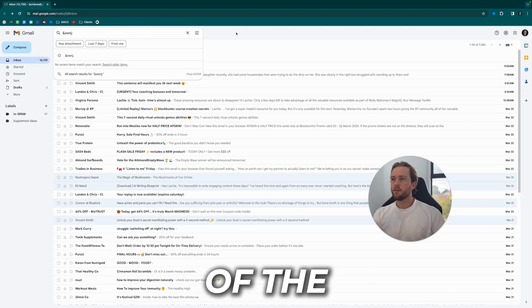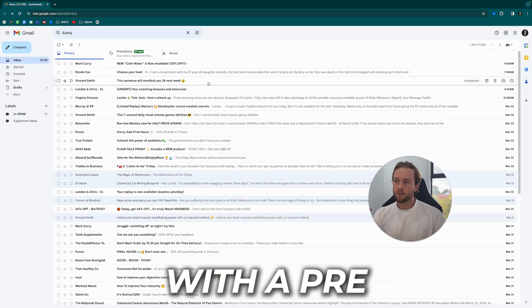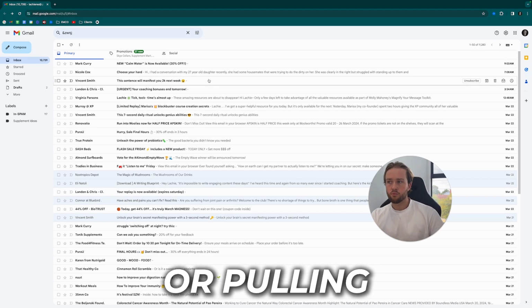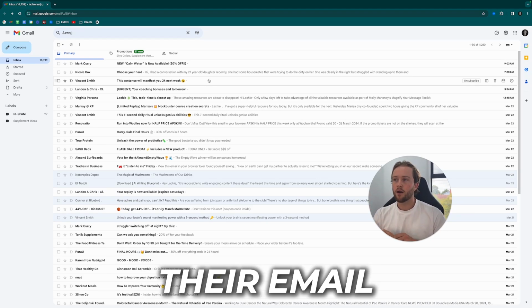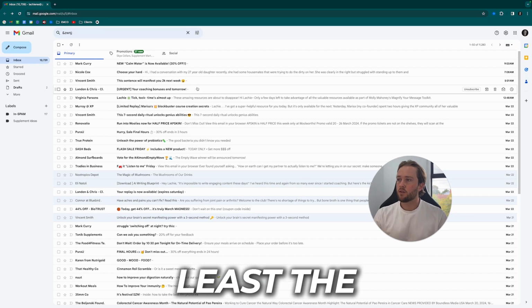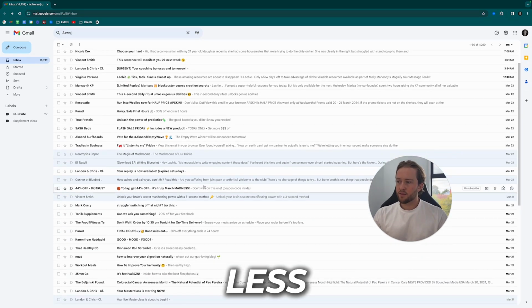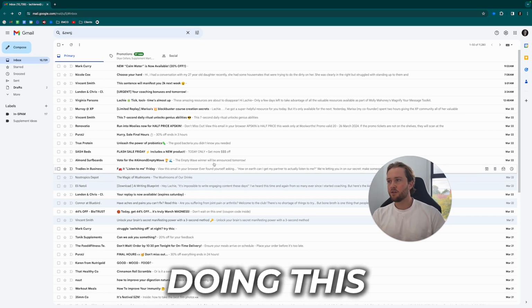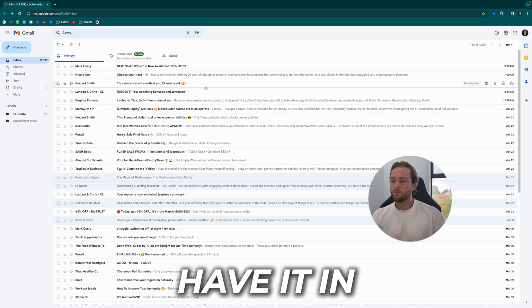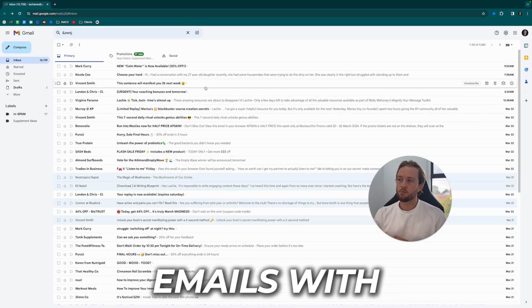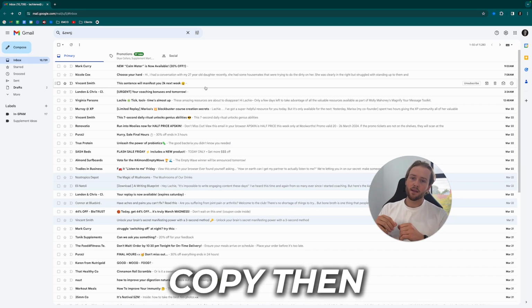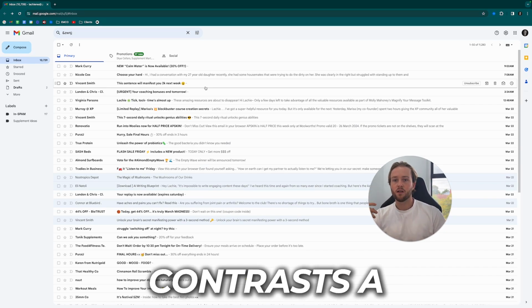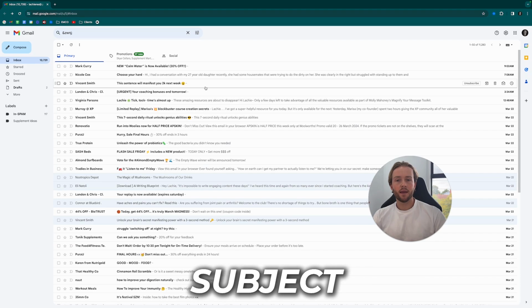So instead of the email showing up with a pre-header copy or pulling in copy from the email, it will show up blank like these 2 emails have here. It looks less contrasting in this inbox because it's actually full of emails that are doing this. But when you have it in an inbox that is full of emails with a lot of pre-header copy, then having the blank space contrasts it a lot compared to the rest of it and makes the subject line stand